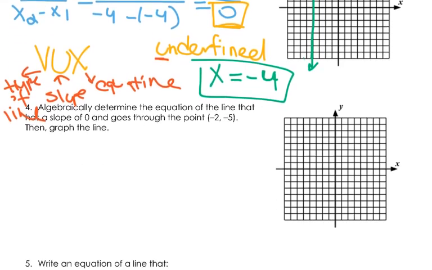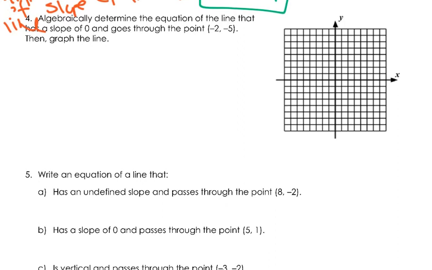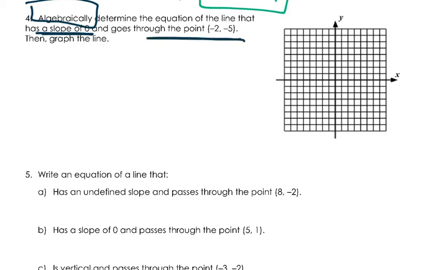Now let's go down and look at number 4. So again, I'll erase this part right here. Okay, again, they want us to look at something algebraically, so I'm going to show my work. It has a slope of 0 and goes through the point (-2, -5). So now they're giving me the slope and a point. Well, I could just plug this into my equation. y equals mx plus b. Right? And for my y, I'm going to use the point right here. So -5 equals my m,